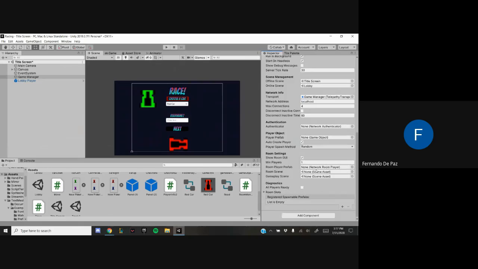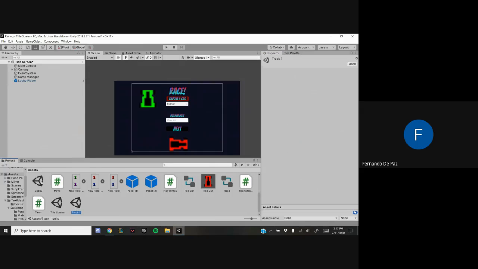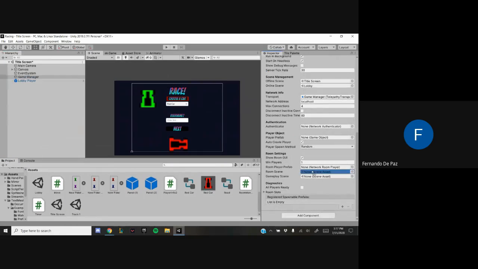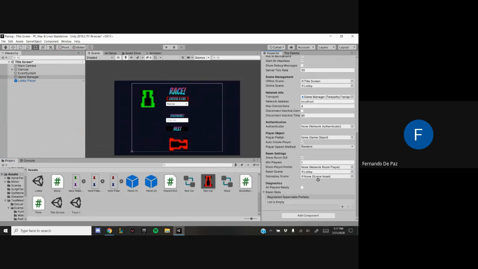And then scroll down, and there's another two parts. It says room scene and then gameplay scene. Room scene, of course, is your lobby room. Oh shoot. Yeah. And then finally, the track one is your gameplay. Then you have to fill in the game players. So this one has room player prefab. So this one just grab